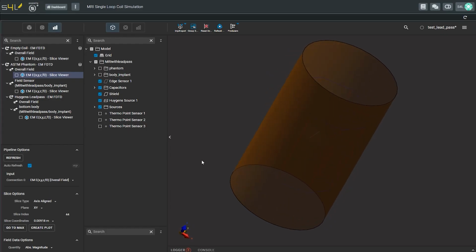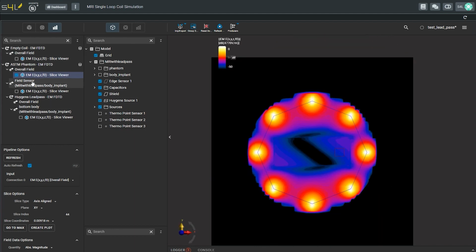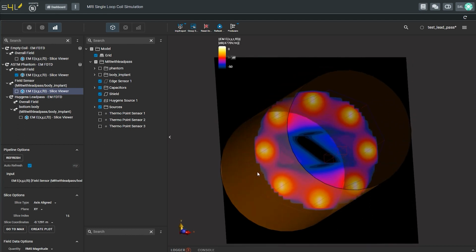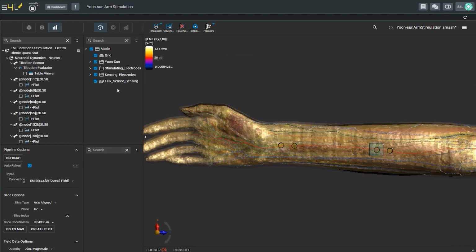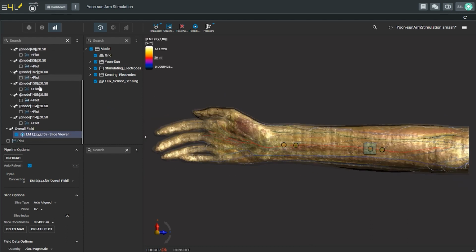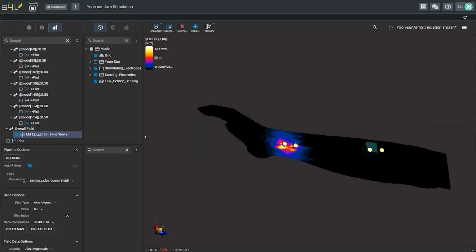Another application is the simulation of magnetic resonance imaging coils, where Sim4Life is used to improve B1+ homogeneity of a birdcage coil for improved imaging quality and to evaluate the power deposited on an implant in an ASTM Phantom, a standardized setup for implant safety assessment. There are also tutorials for applications involving complex tissue models, such as electric stimulation of a single neuron and neural networks. Also thermal, flow, and acoustic simulations, and many more.